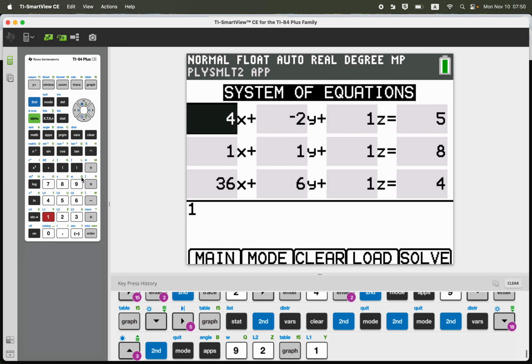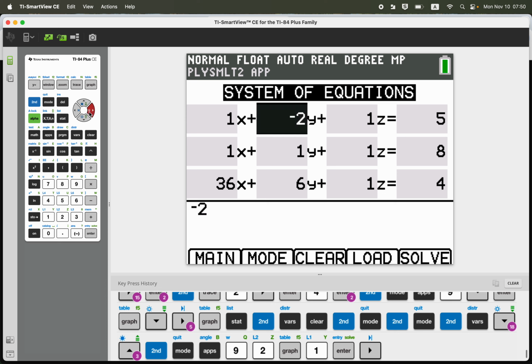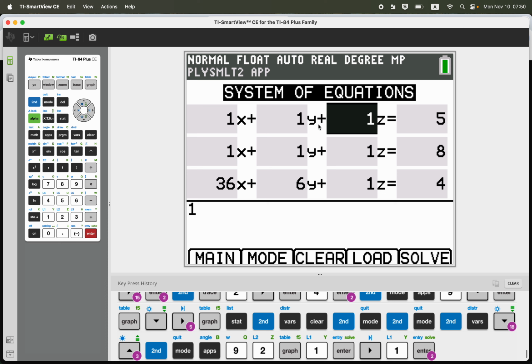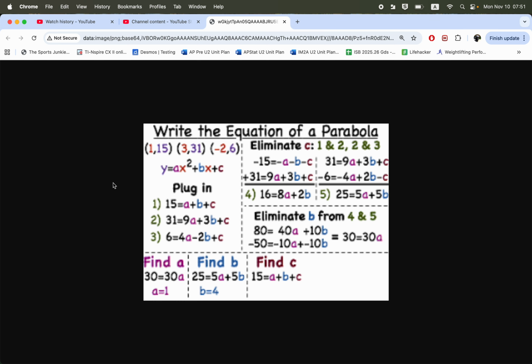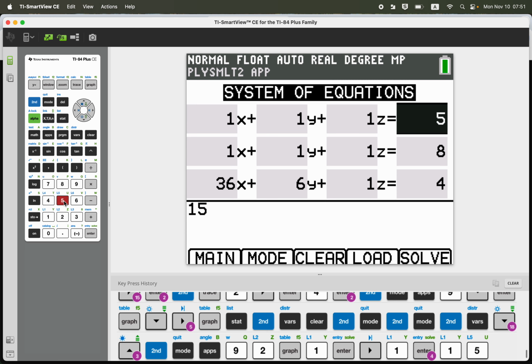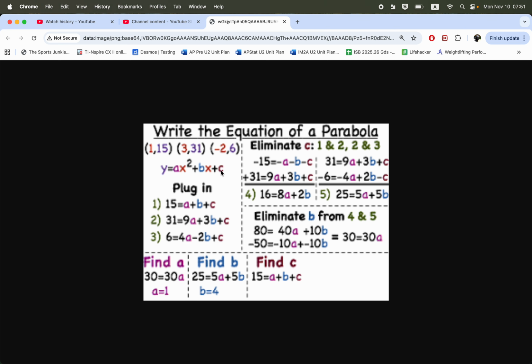So I'll put 1 for x. You can push enter. Actually, that's an easier way. If you push enter, you go to the next entry, so you can just keep pushing enter through. We want that to be the 1, and our final answer here was 15. So I'm just going to keep entering values and pushing enter. Next one was